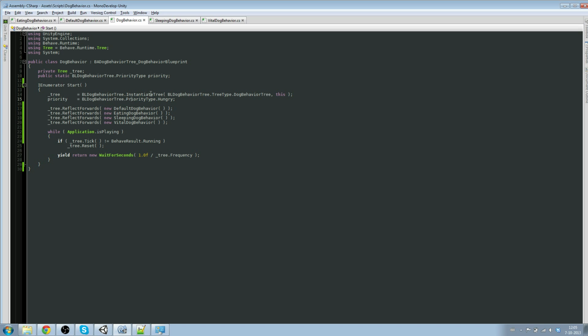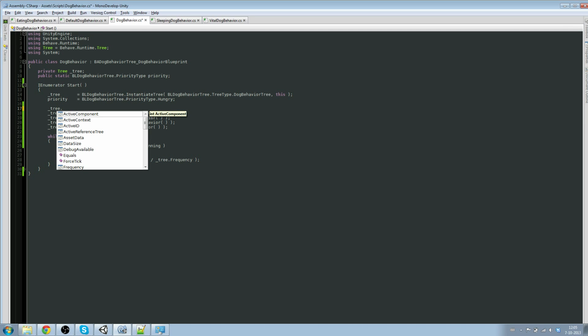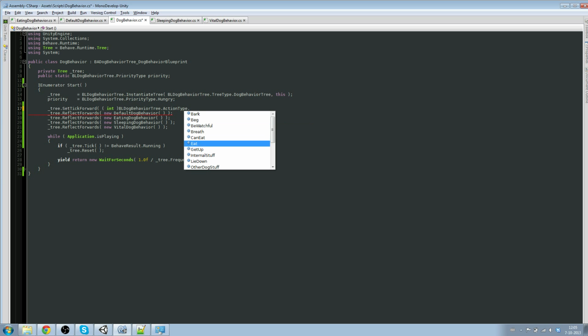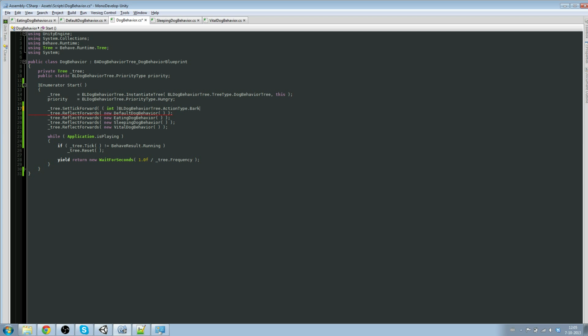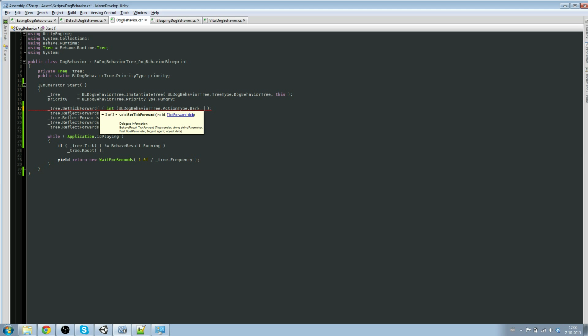And there are 2 ways to do so. I did it like this because I have 4 classes that will handle that, and this way it will just look for those signatures, but you can also set a single function to be forwarded, and what you do is you just call the tree. So you have your tree, and then you call set forward tick, and first you have to give the ID, which you can call from the behave library, and then in my case dog behavior tree dot action type, and then whatever action you want to forward, for example bark, and you have to cast it back to an int,